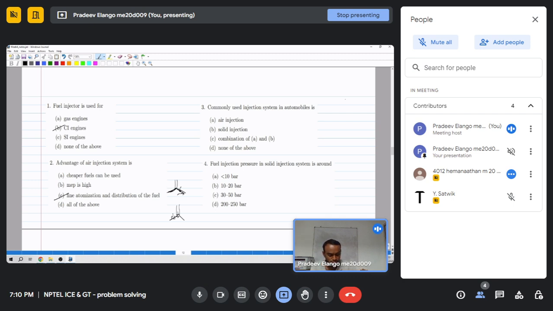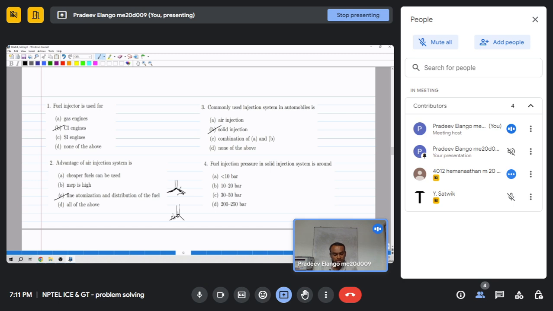Commonly used injection system in automobiles is air injection, solid injection, combination of A and B, or none of both. Solid injection is commonly used in automobiles, because for air injection you need to pressurize the air to a very high pressure, and that will take more energy. But in solid injection,